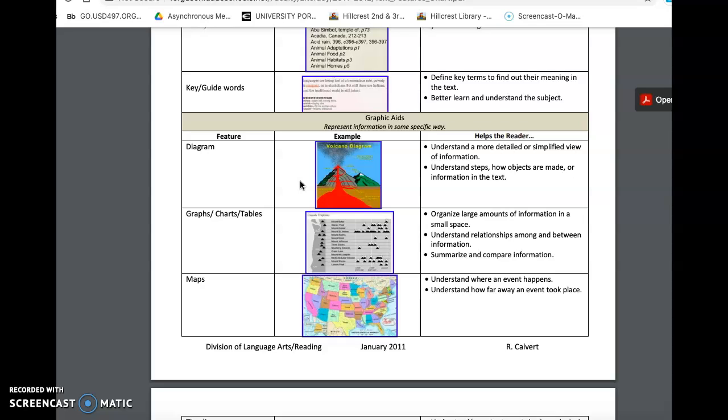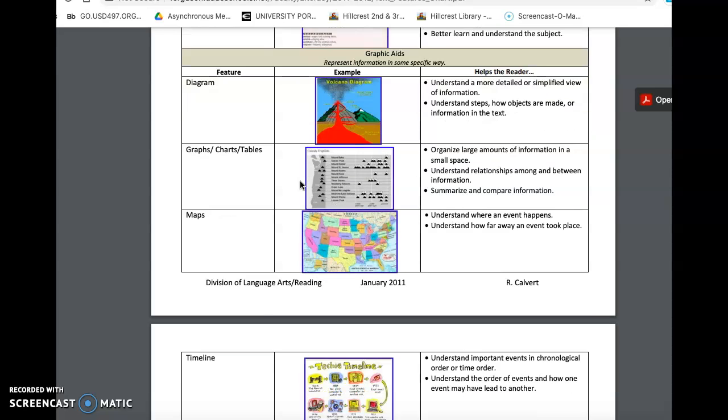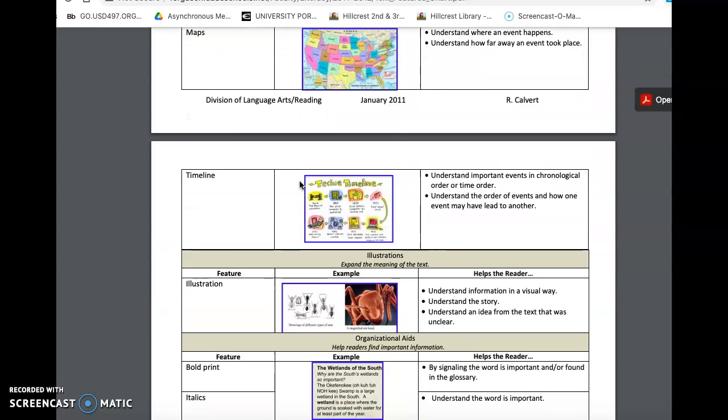But each of your papers should include multiple, which means more than one, text feature. So a title is a text feature, headings are text features, bolded words are text features, pictures, diagrams, etc. If you have just fun facts that you want to include in a little box on the side of your paper, that is a text feature. But your paper should include more than one text feature